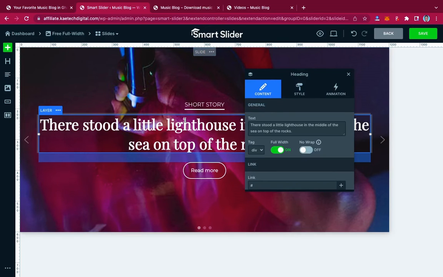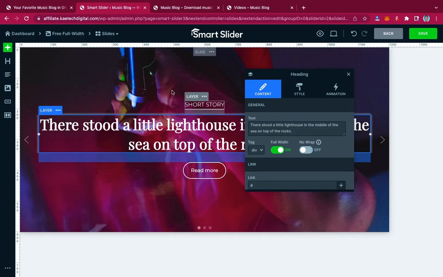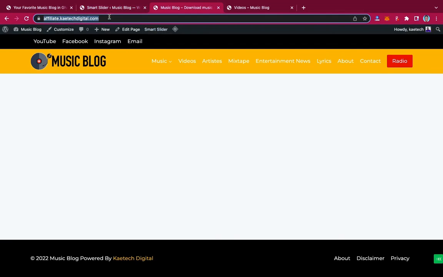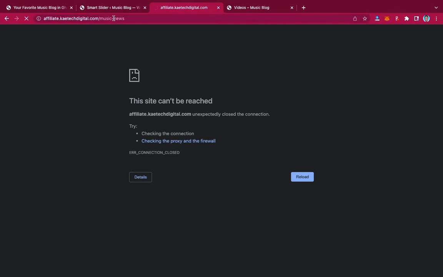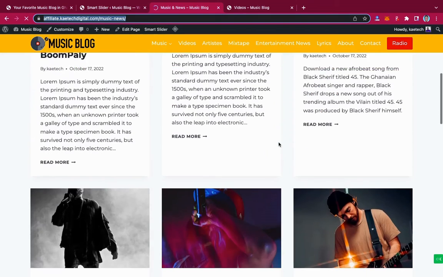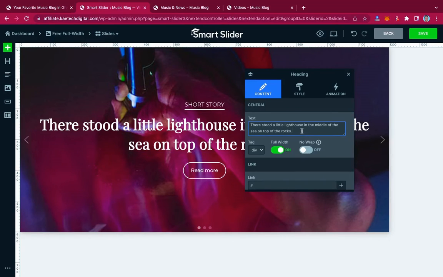Now if I want to change this one over here, I just click on it and I'll be able to change the text. So this particular guy over here, let me go to the music blog. Music and news. Yeah, music and news. So let me see the guy over there. So this is Sarkodie Adonai. Okay, very good. So I'm just going to write